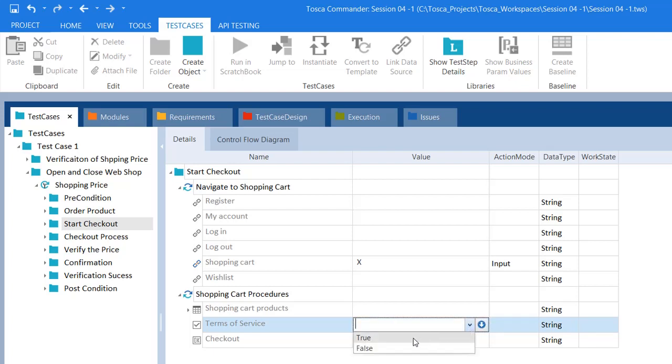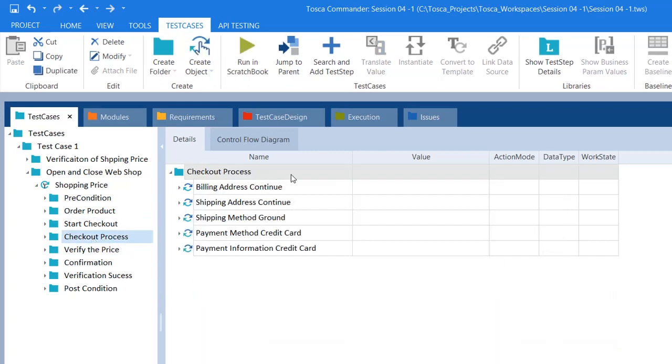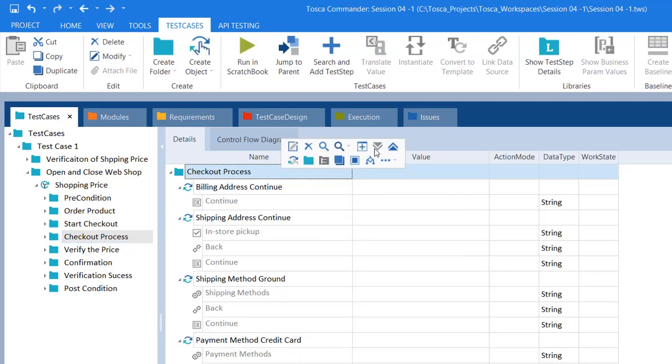So here I need to make this terms of service checkbox true, so that it checks the checkbox, and then I'm going to click on the checkout button, and then go to the checkout process, and expand this particular folder.